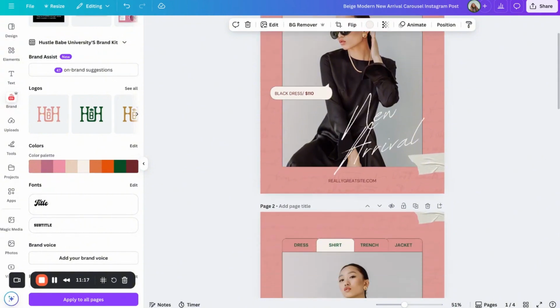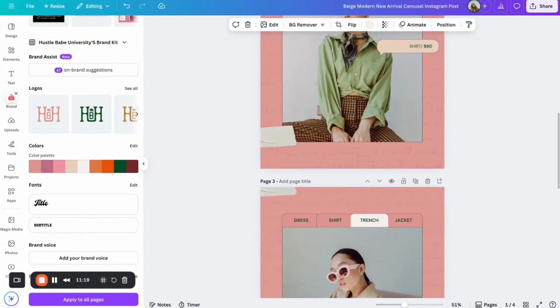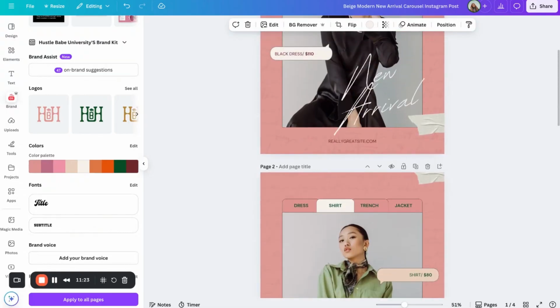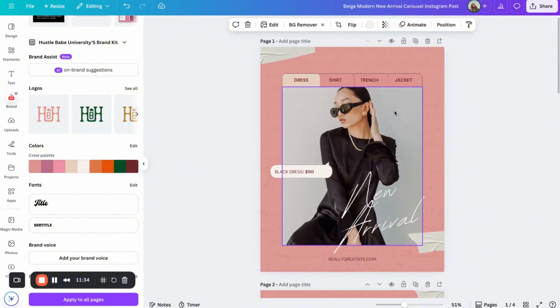So this carousel, for example, is talking about the new arrivals and it's going through demonstrating 4 new arrivals. I'm probably going to have new arrivals, right? This is not my only time having new arrivals. I probably may have new arrivals every month or every other month or every other week. And so this may be something that I want to template because I want to have a distinct style associated